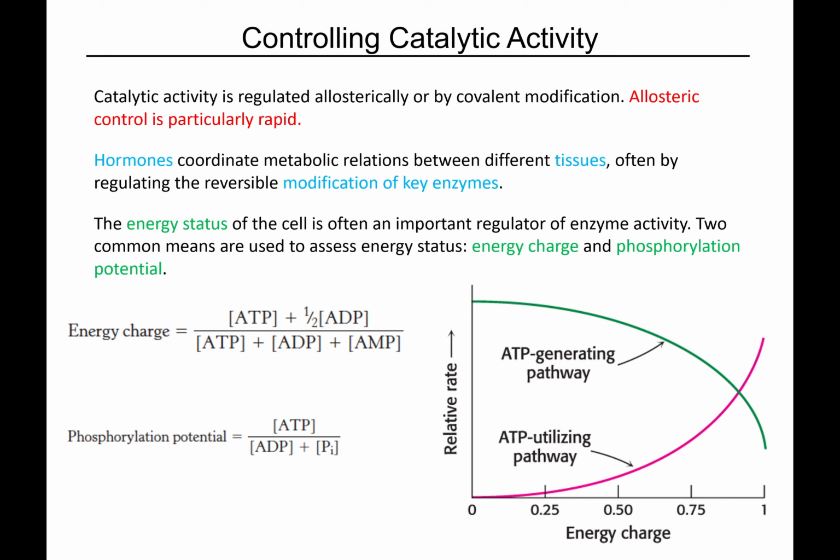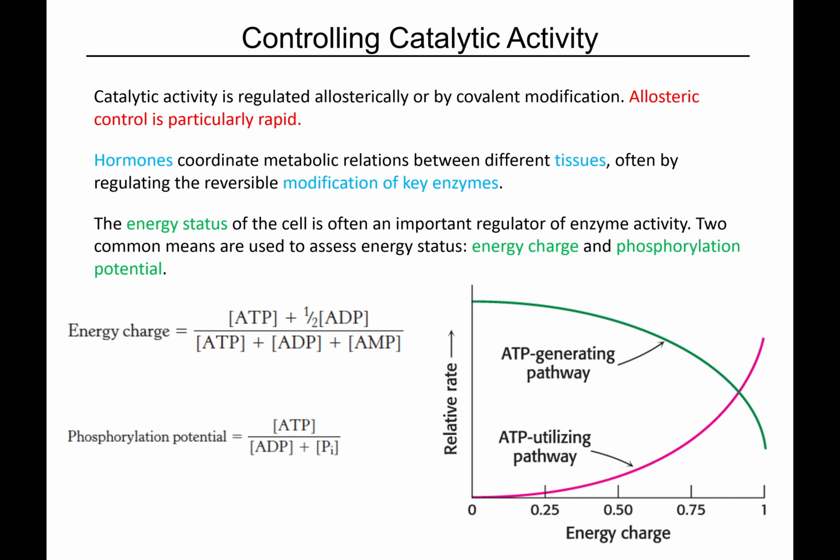Okay, and there's really two ways of cataloging this. We call it the energy charge or the phosphorylation potential. And quite frankly, they mean the same thing. They just give a little bit different numbers. Energy charge is thinking about the total concentration of hydrolyzable phosphate versus the total concentration of adenosine. Okay, so in the denominator here, we're basically adding up all of the adenosine in the form of ATP, ADP, or AMP. On the top here, we're adding up the total amount of hydrolyzable phosphate. ATP has 2, ADP has 1, which is why there's a 1/2 in front of ADP.